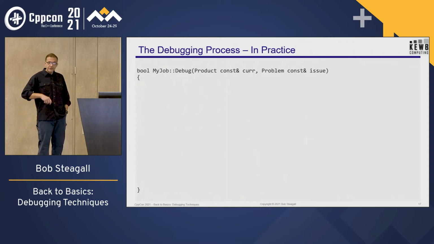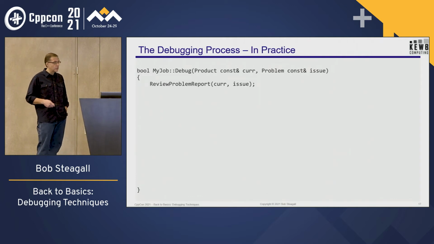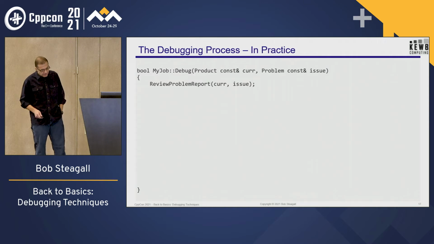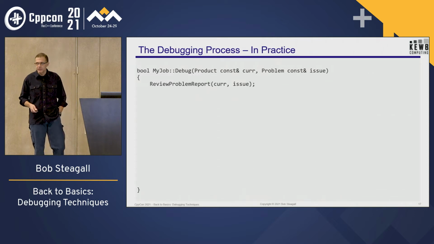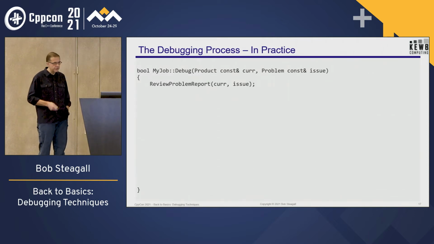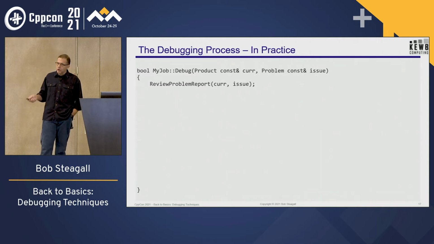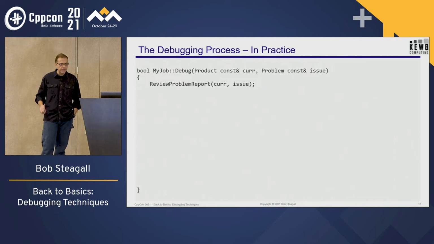So going back to code, if I had to write the debugging process the way I do it at least, the first thing you do is look at the problem report, review it, and try to understand what's being said in that report. My advice in this regard is don't brush it off. Try to read between the lines. Try to really understand what's being said and ask for clarification if you don't understand, because oftentimes the users in their domain don't necessarily understand the language that you understand in your domain.